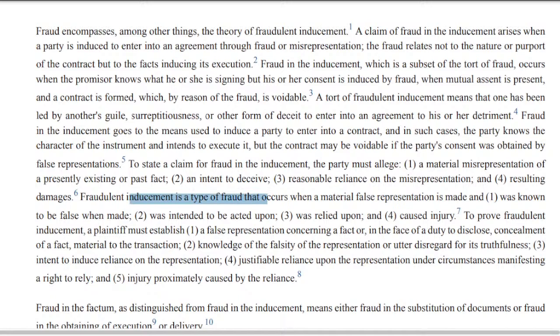Fraudulent inducement is a type of fraud that occurs when a material false representation is made and was known to be false when it was made. Now that's key there, when it was made. It was known to be false, was intended to be acted upon, was relied upon, and caused injury. To prove fraudulent inducement, a plaintiff must establish: